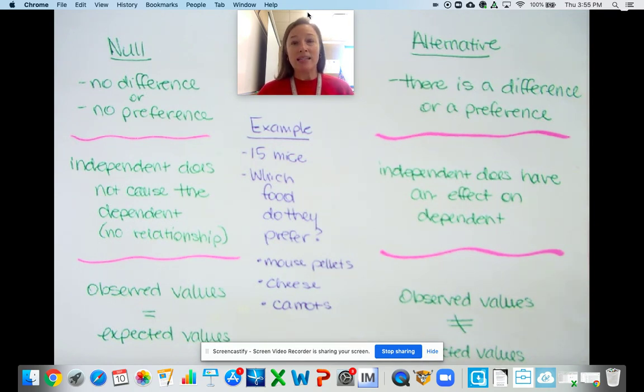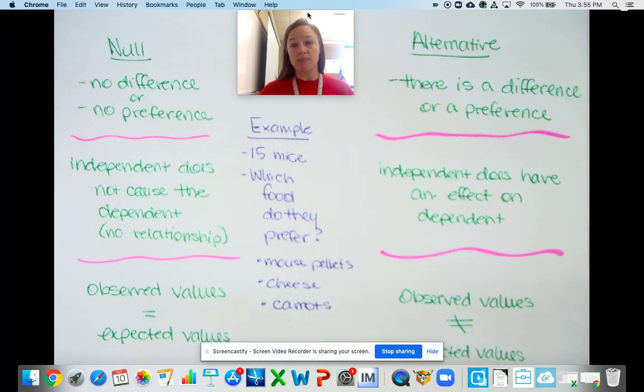What it means is that the independent variable does not cause the dependent. There is no relationship. So if I'm shining different color lights on plants, if the null were accepted, that would mean that that color light has no impact on plant growth. Okay. What we would also expect with a null, if the null is accepted, is that our observed values will